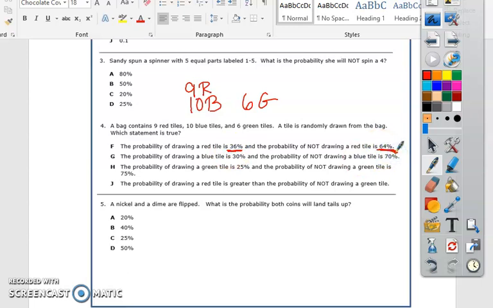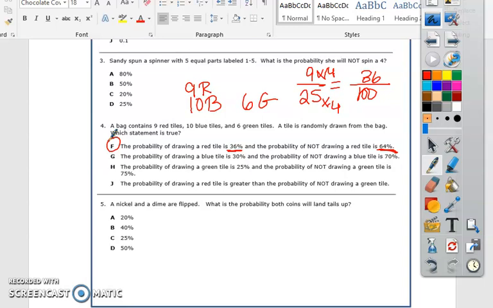So to figure out the probability of a red, I would have to do 9. I would have to have my total, right? My total, which is 9 plus 10, which is 19, plus 6, which is 25. 9 over 25. And I compare it to 100, right? So times, or I could cross multiply, but I see a relationship this way. 25 times 4 is 100. 9 times 4 is 36. So this one looks like my best answer. And if I had time, I would go on and disprove the other ones, but let's go on and do